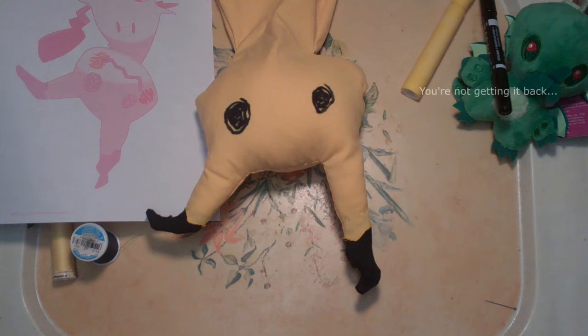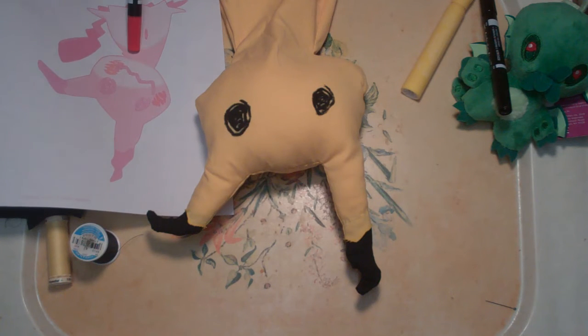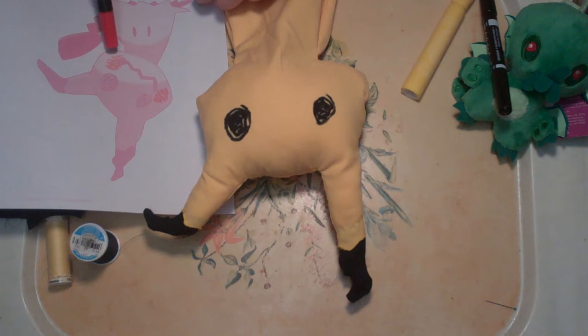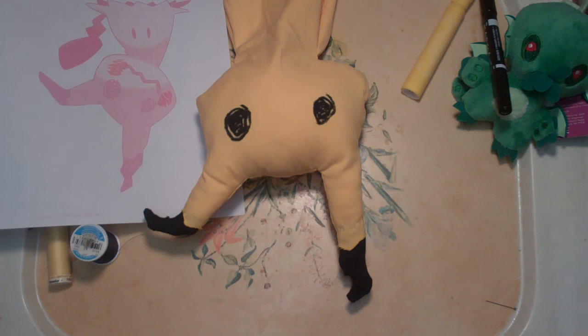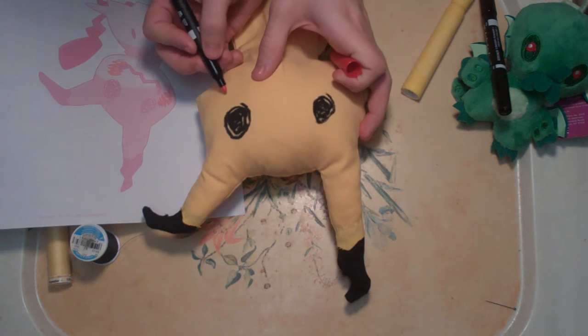Here, hold this for me. Thank you. Next, for the scribbly, cheeky thingies. And it's a good thing I'm actually doing this before the mouth. I almost did the mouth first, which would have been bad, because then I would have to work around it, seeing as the scribbles go underneath the mouth for some reason. Okay, so...